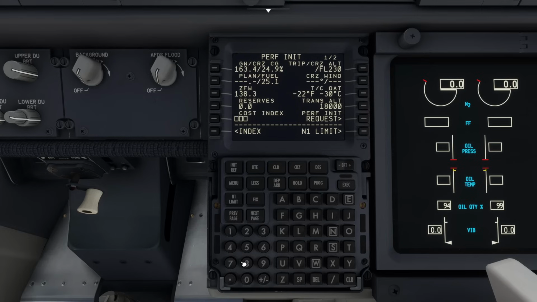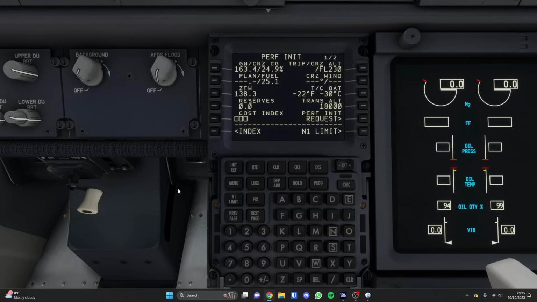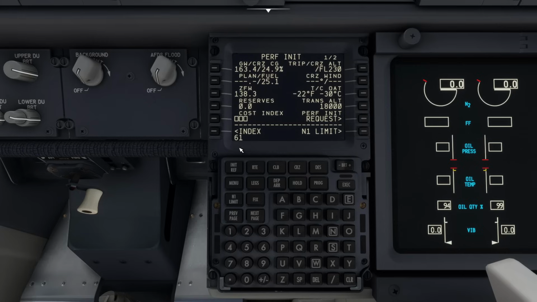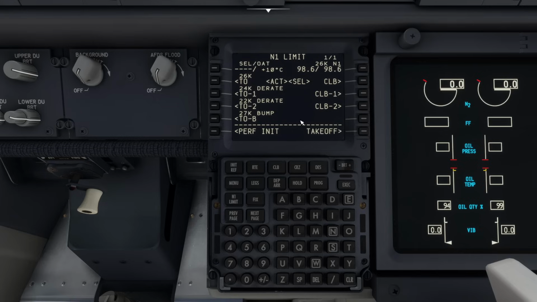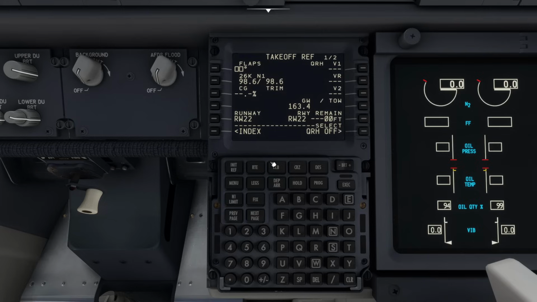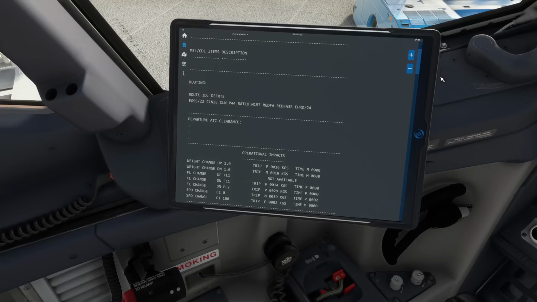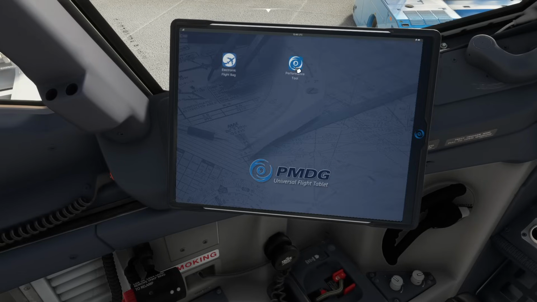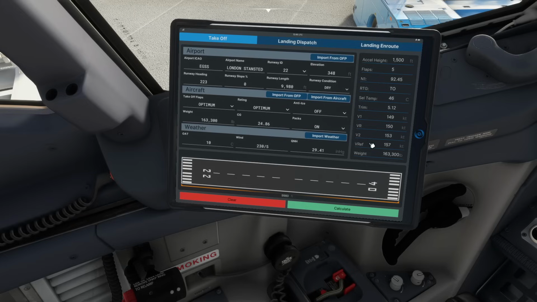So cost index we said was 61, and we can execute those changes, and then we can look at the N1 limits, and again you can refer to this on the OFP as well and go to takeoff. So we knew it was flaps 5 on takeoff, and again we've got this calculator, but if you want to do this by the book you can go and look at the performance calculation. So we come back out of here, we look in the performance tool, and we can see that we've got the